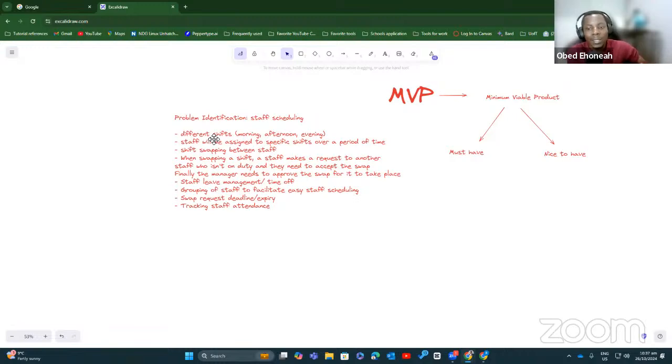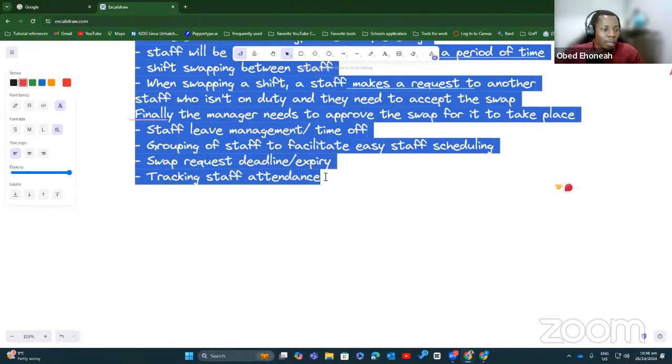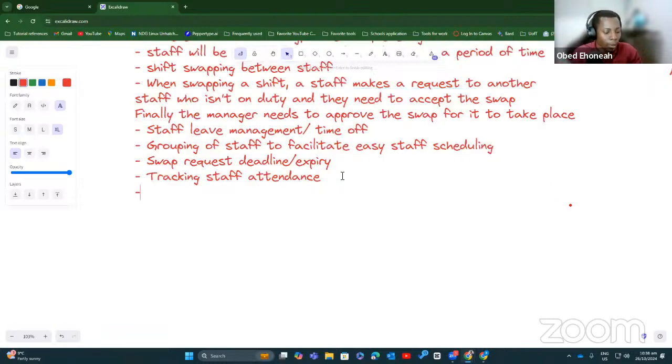For the schedule itself, for somebody to create a schedule, I don't think we would make the staff themselves create the schedule. So probably the manager is going to be the one who creates the schedule. Then once the manager has created a schedule, it goes out to all the staff. They get to see, oh, for this week, I am here. So some of the other things we can add in here is manager to create staff schedule.